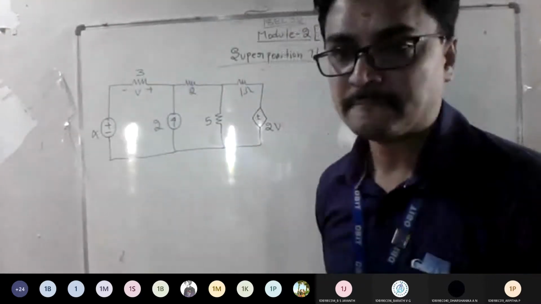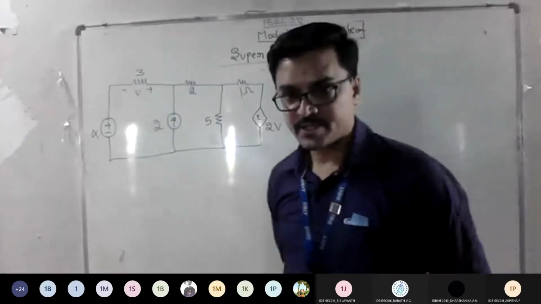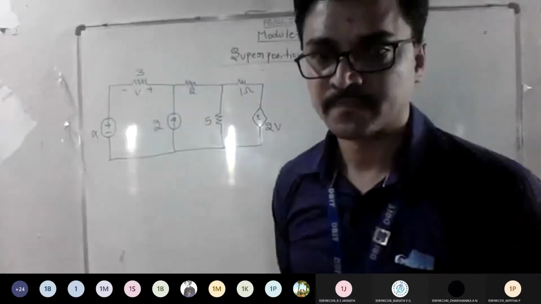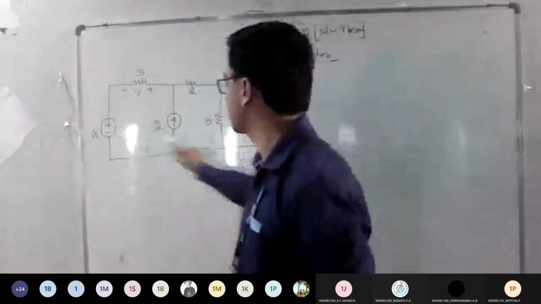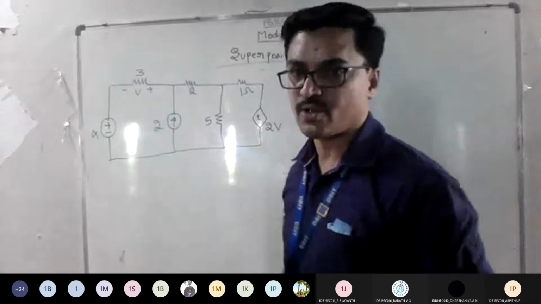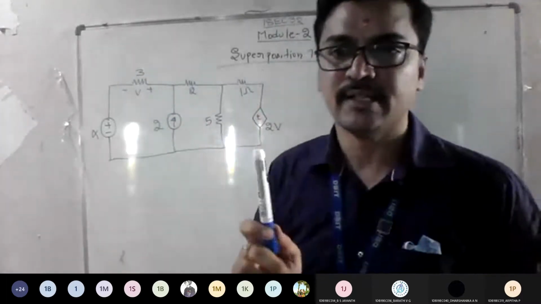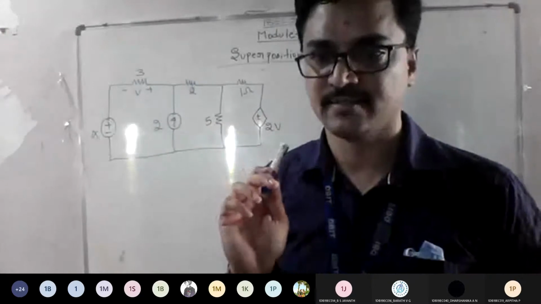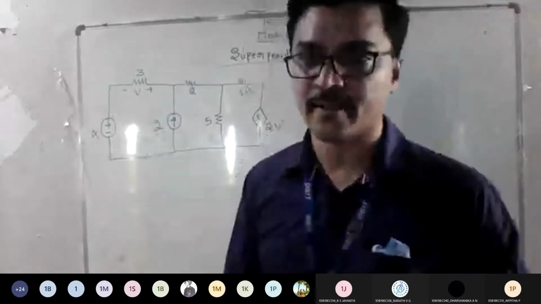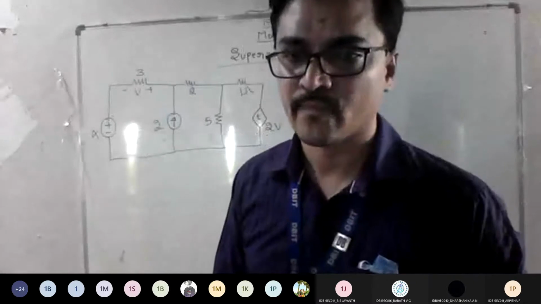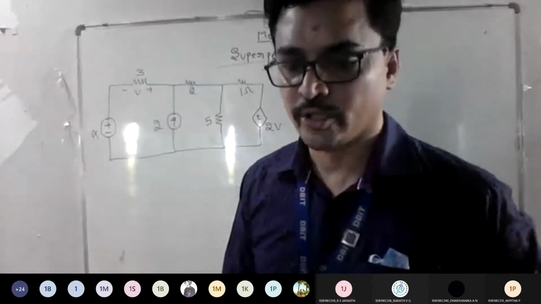So how many sources do you have? Three, sir. Including the dependent source, we have 3: 2 voltage sources and 1 current source. So what is the procedure? Wherever a dependent source is there, don't alter it, retain it as it is. Correct? Then apply. How many cases will come now? 2 cases, sir.